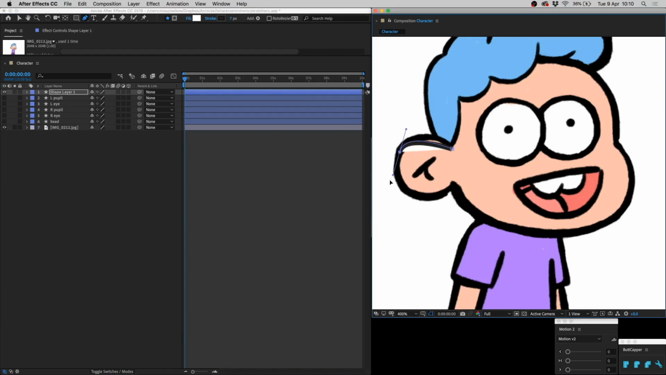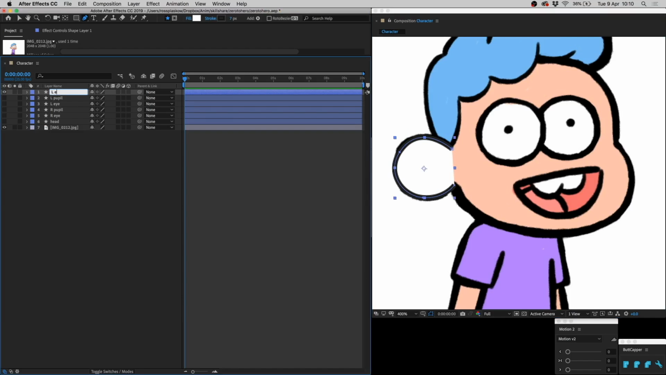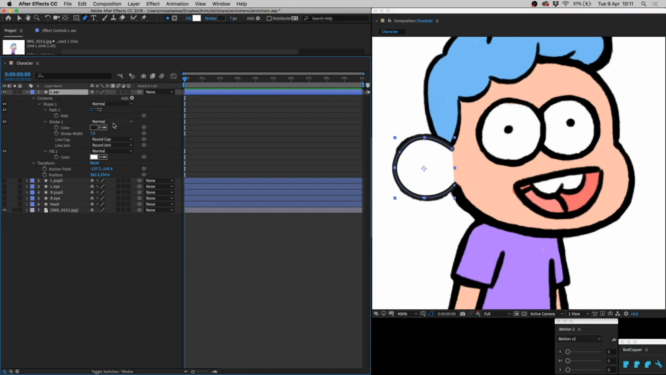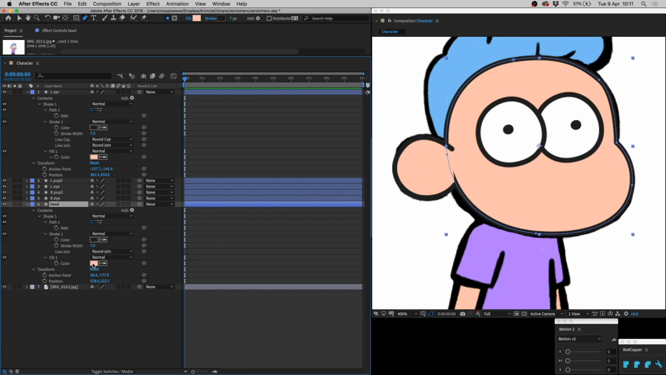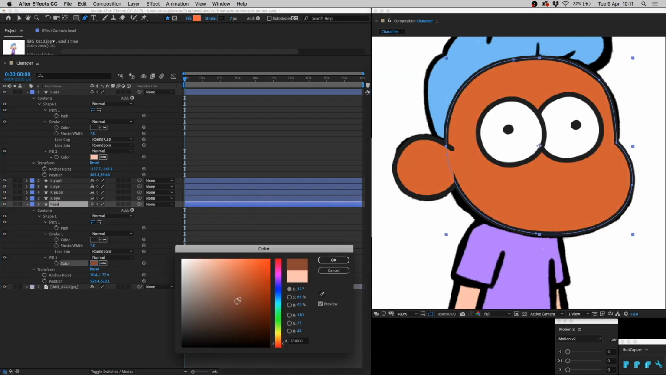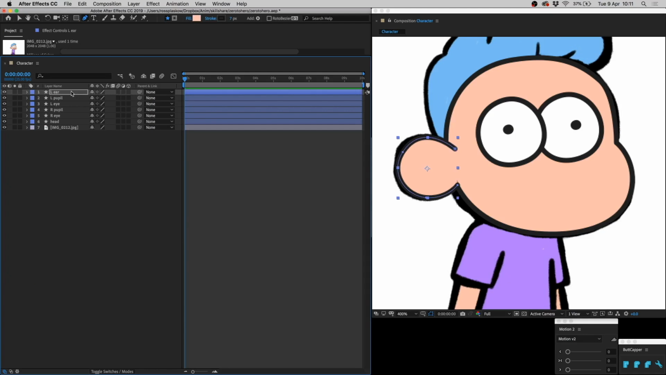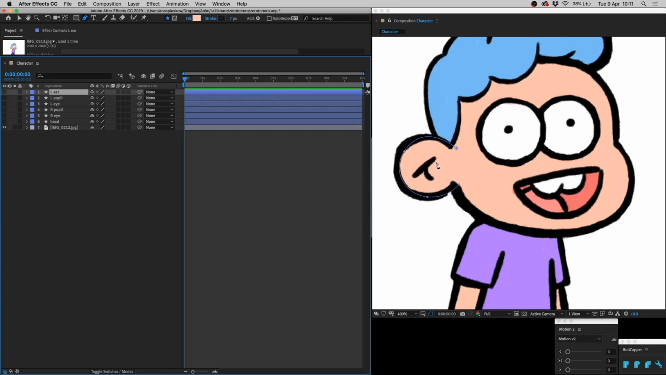Start from here. Try to get it to match the artwork as closely as possible. Call this left ear, and I'm going to use butt cap to get a round cap and a round join. Double tap U, and then I'm going to match the fill to the fill of the head, so that if I ever change the color of the head, it will automatically change the color of the ear. Move this along. Hide these layers, and then I'm going to add this ear line to the ear,